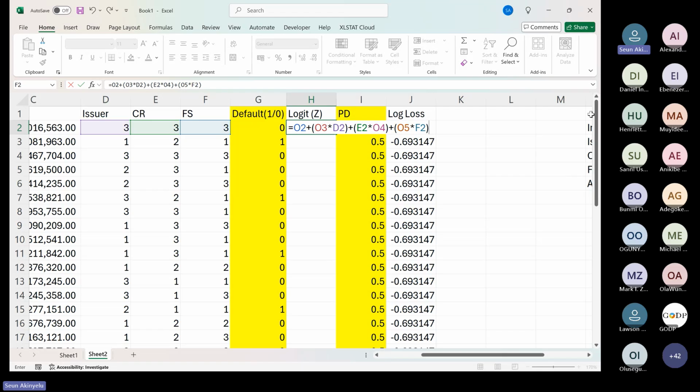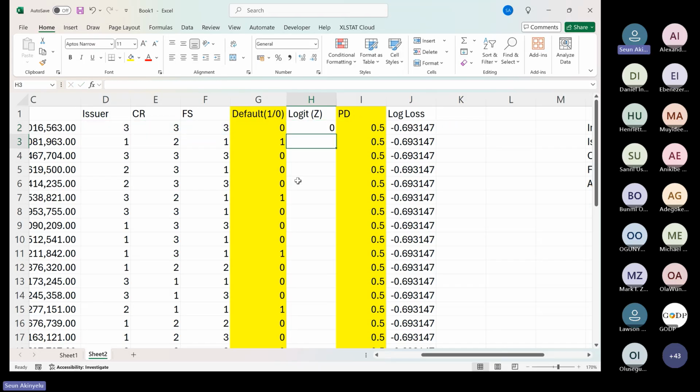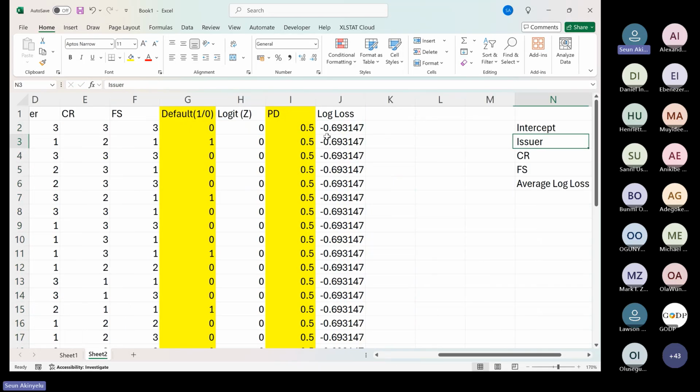Now, because all of those ones on column O, I want to drag it down, I need to make it absolute so that when I drag it down, it doesn't drag down all of those ones on O. So I'm going to make it absolute, and make the last one also absolute. And I drag this down. So I don't know it yet. It's still giving me a 0. But Excel can help me.